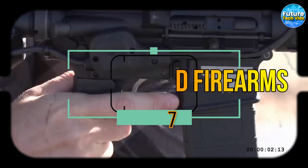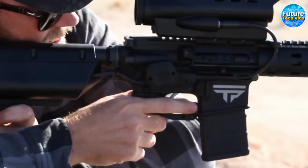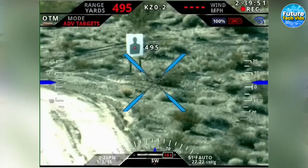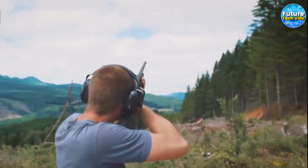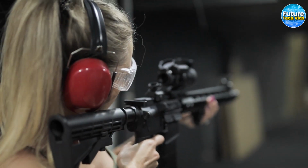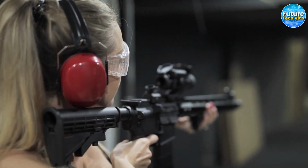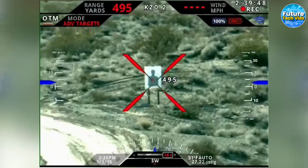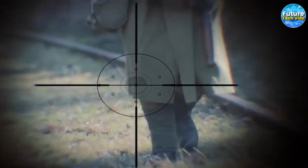Precision-guided firearms. Hold on to your hats, folks, because we're about to introduce you to a game-changing technology that's revolutionizing the way we shoot. Precision-guided firearms, or PGFs for short, are a new type of rifle that uses cutting-edge technology to improve accuracy and range, making it the perfect weapon for long-range shooting. They use a system of sensors, cameras, and advanced algorithms to guide the bullet towards the target,